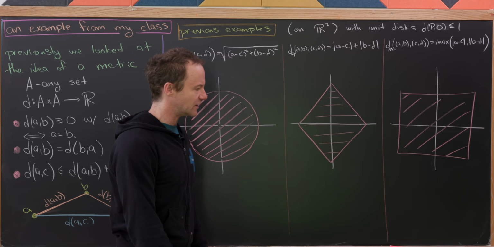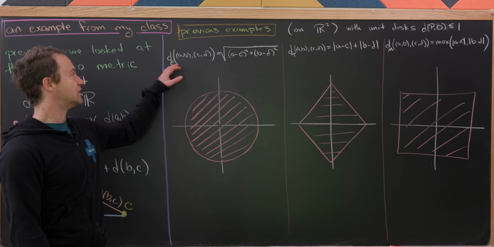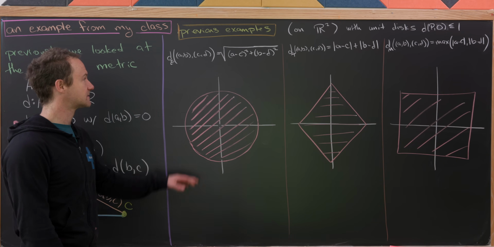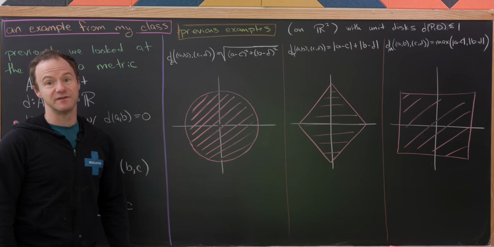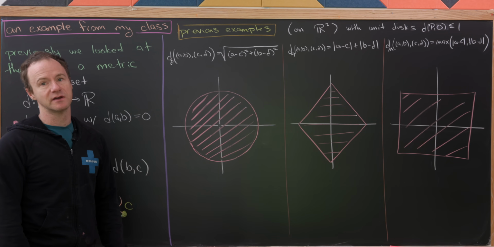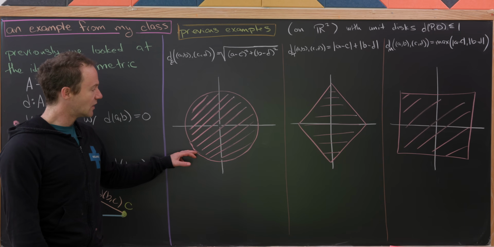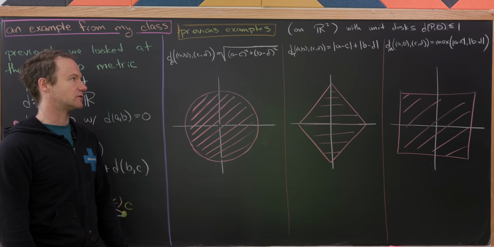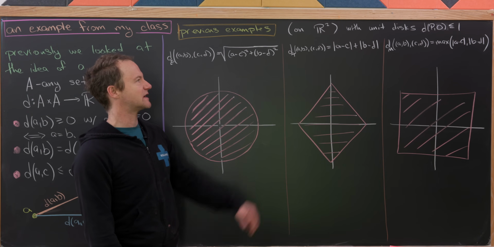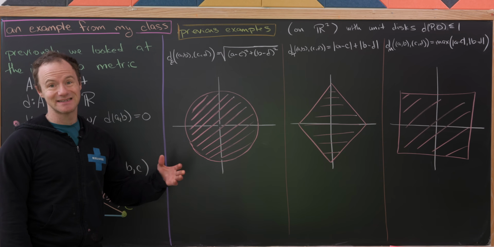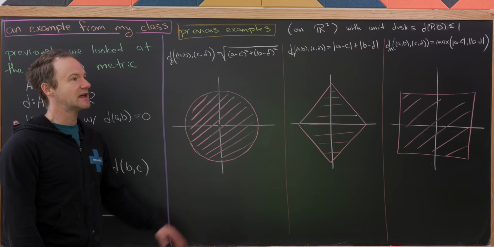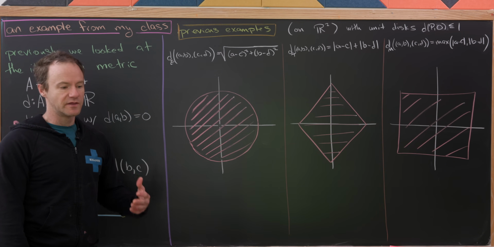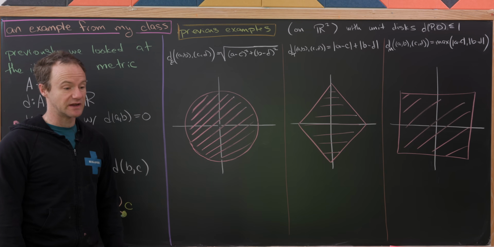Okay, so in that previous video, we looked at 3 metrics. The Euclidean metric, which is the standard way of measuring distances between points. And so recall that that's just built off of the distance formula that you probably learned in high school. And what we get out of that is that the unit disk looks like a filled in circle. And I guess I should say these are all metrics on R2. They measure distances between 2 points in the plane. And as an illustration, I'll look at the unit disks,